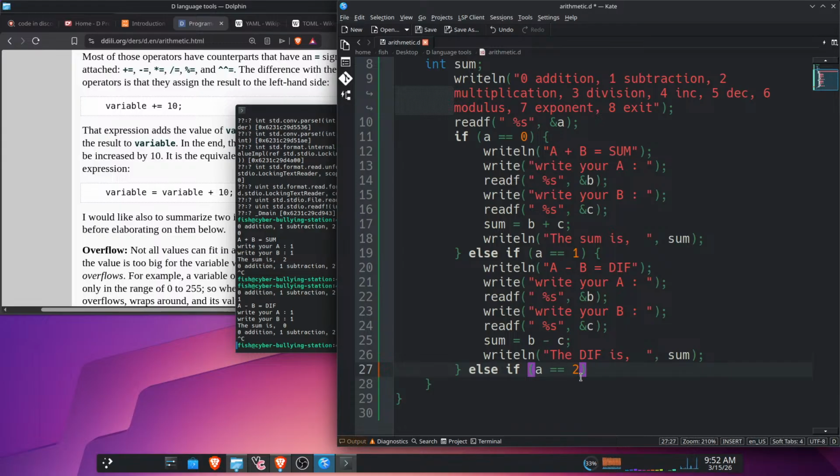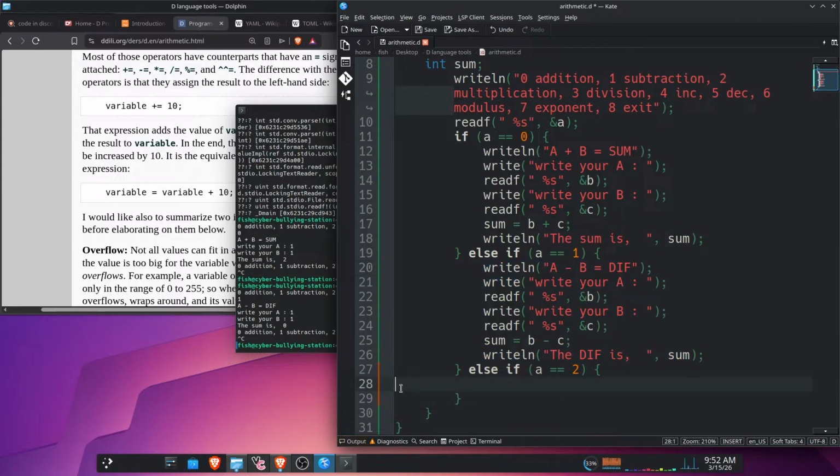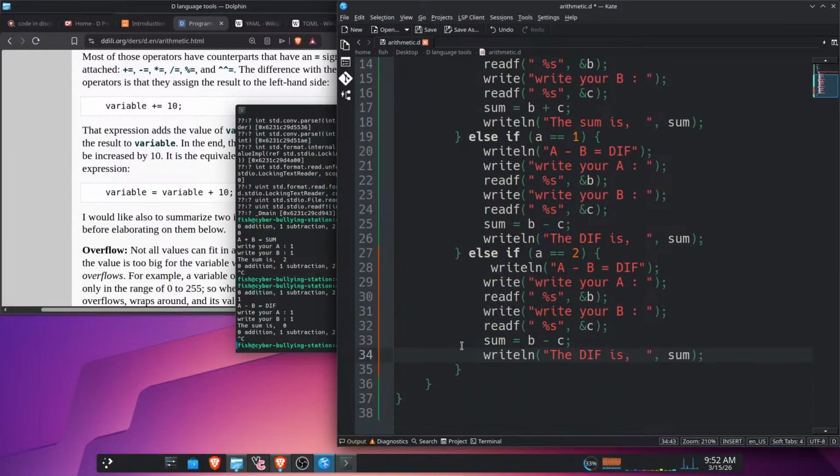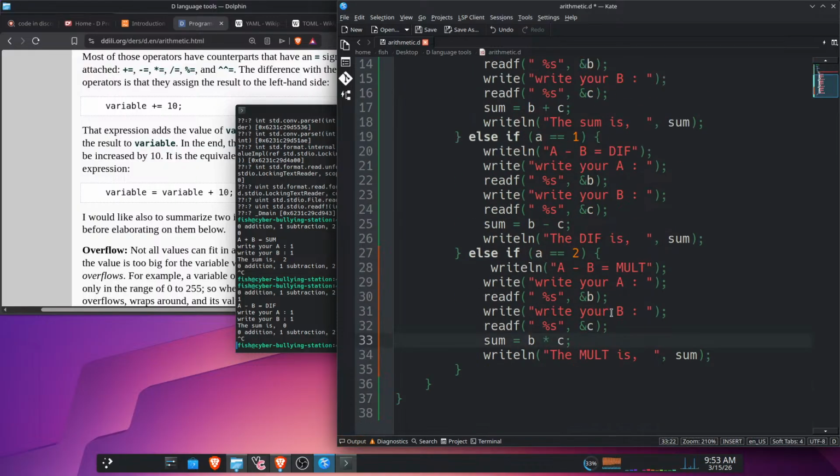Then if A is that number, we're going to go ahead and create a new one of these. Put in this chunk of code. Copy. And paste it in there. And then we're going to do the multiple. I'm just going to put mult. And then you would do that. B minus C. Oh, okay, that makes sense. And then we would put in one of those. Oh, 3 was division. Well, it's 2, so it's not 3 yet. And then we could just